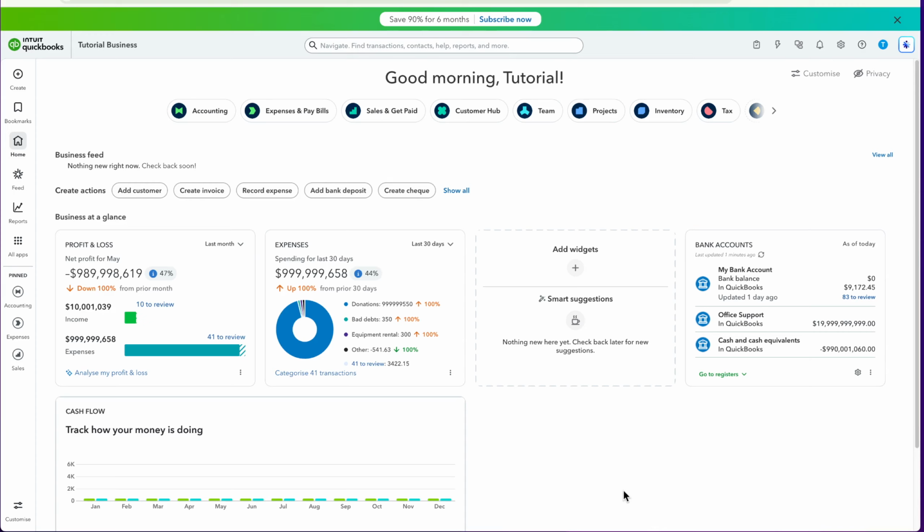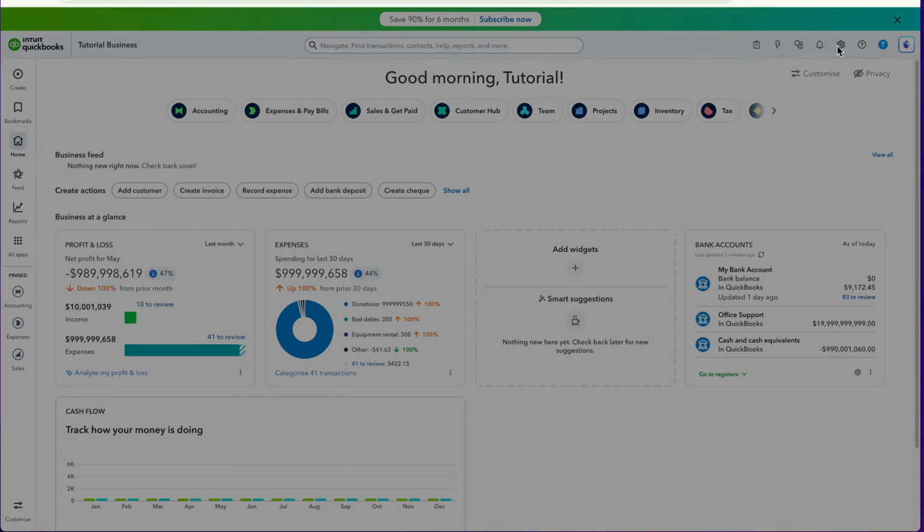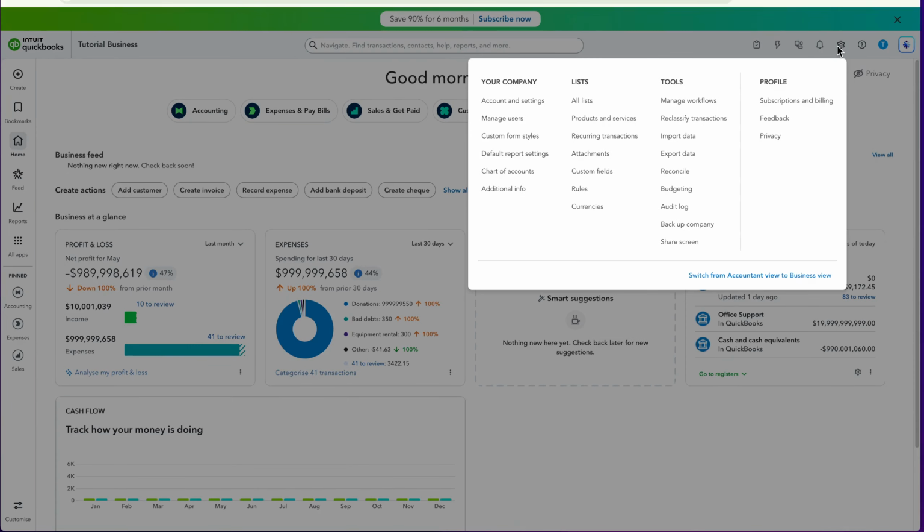Let's dive in. First, open your QuickBooks Online account and navigate to the top right corner of your screen. Here, you'll see the gear icon. Click on it. This will open a menu with various options. From this menu, select Chart of Accounts. This is where all your accounts are listed, and it's the section we'll use to locate the deposit that needs